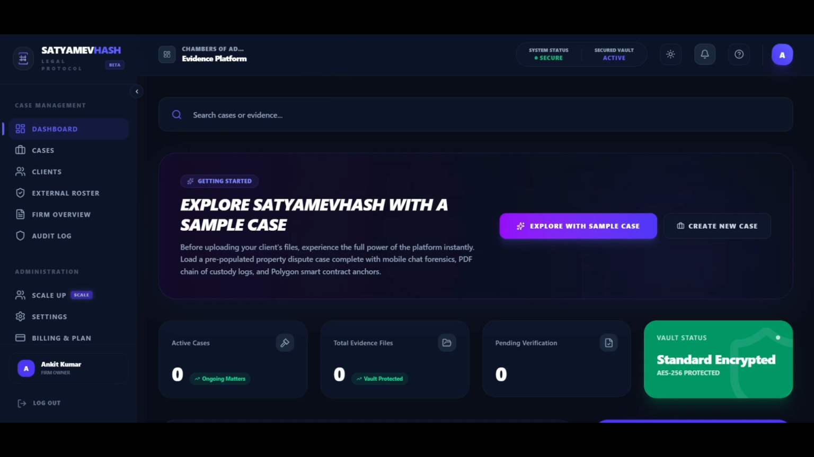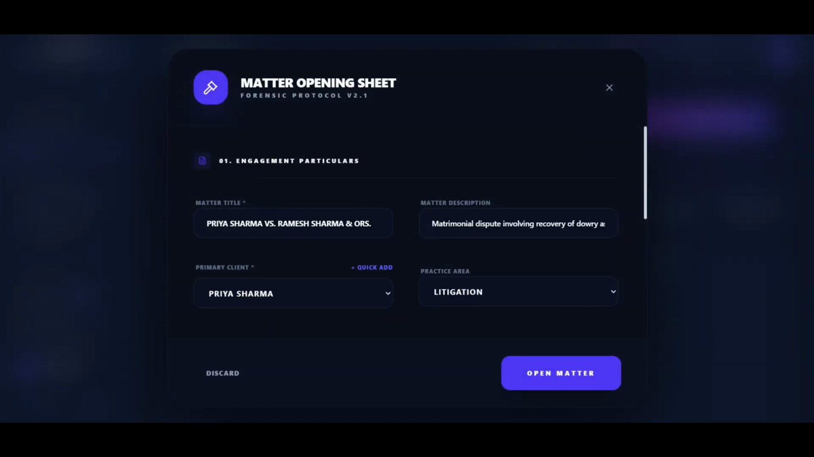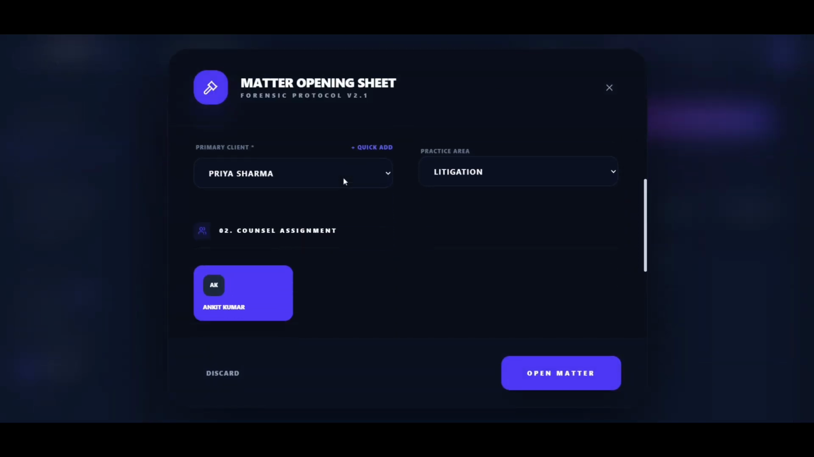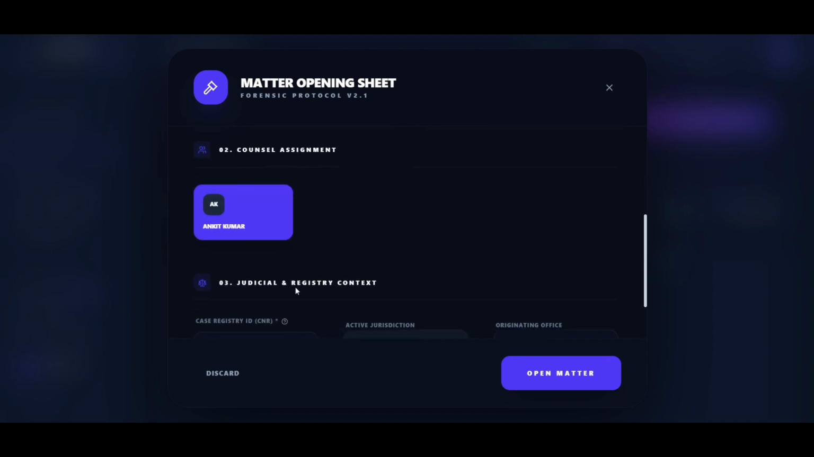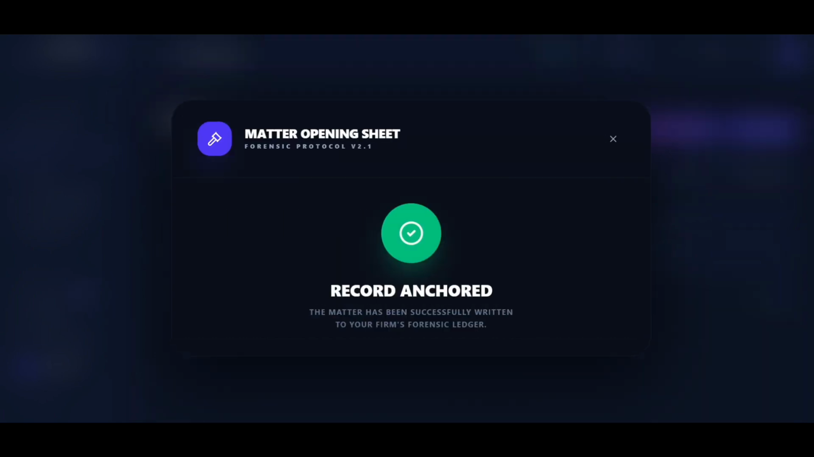Welcome back. In this tutorial, we will walk through how to initialize a new case matter and safely collect digital evidence from your client. Let's start on the dashboard. Navigate to the Cases tab, click New Case, fill in your matter details, and click Create Case to establish your